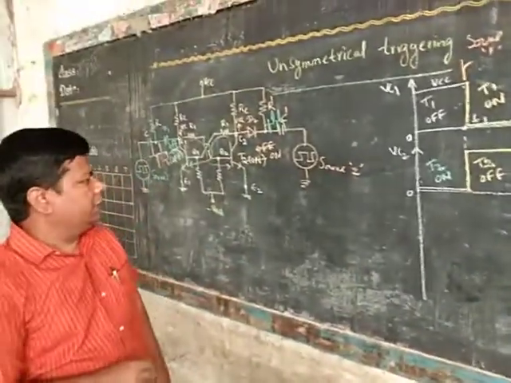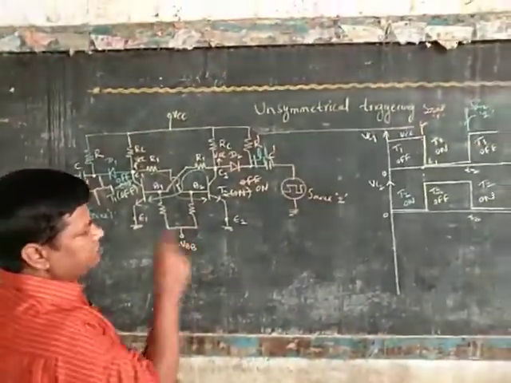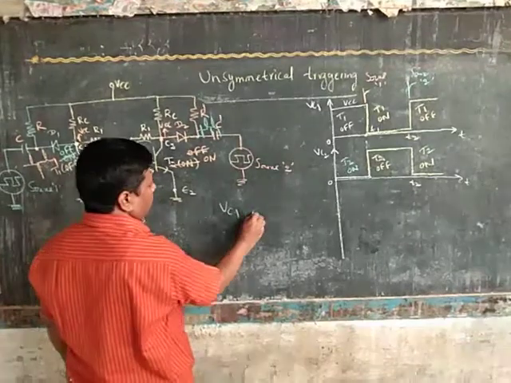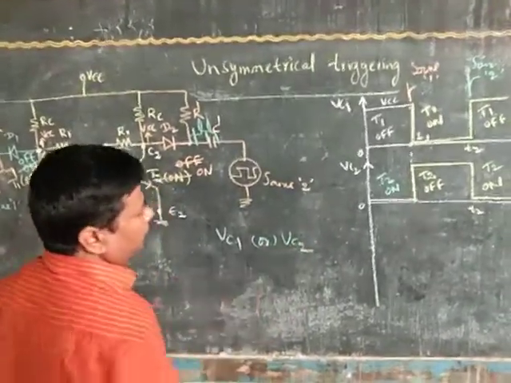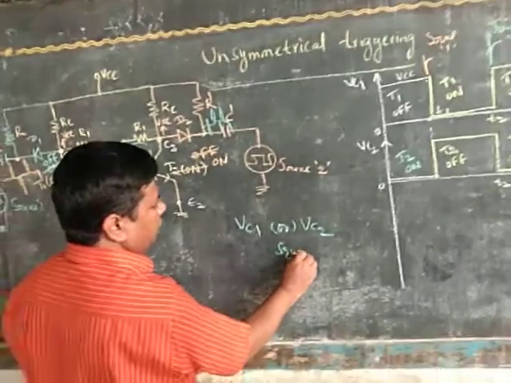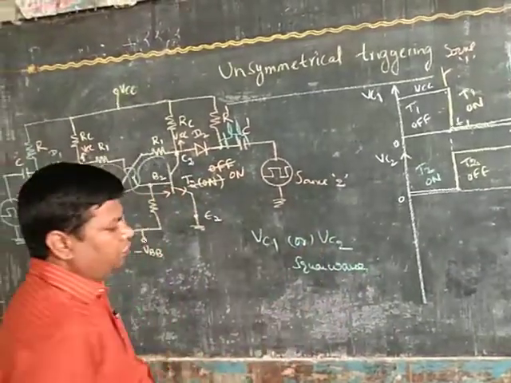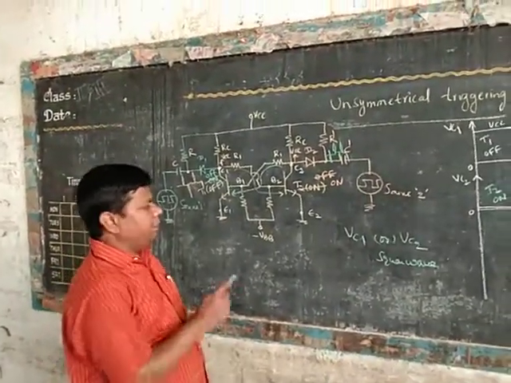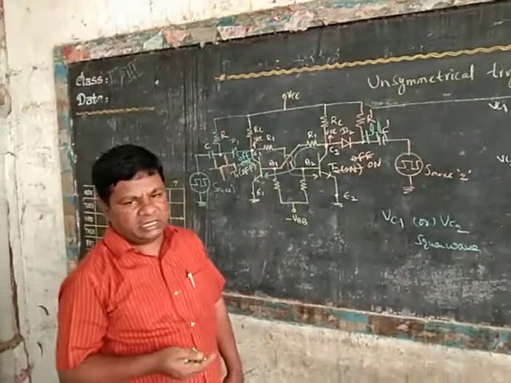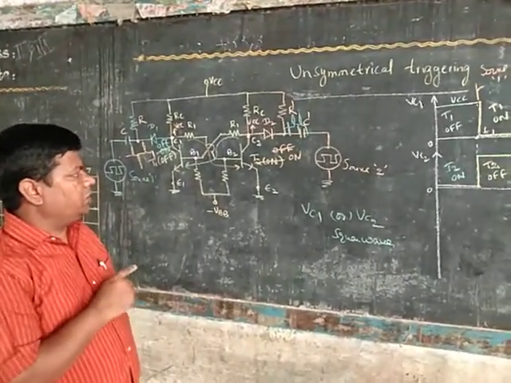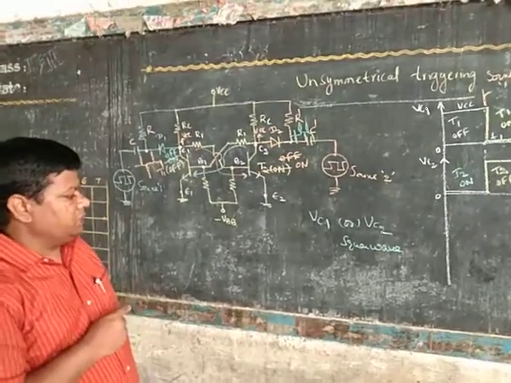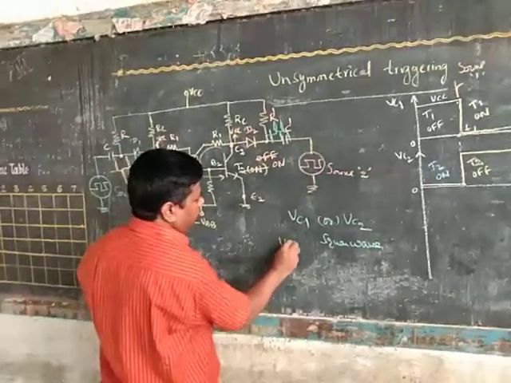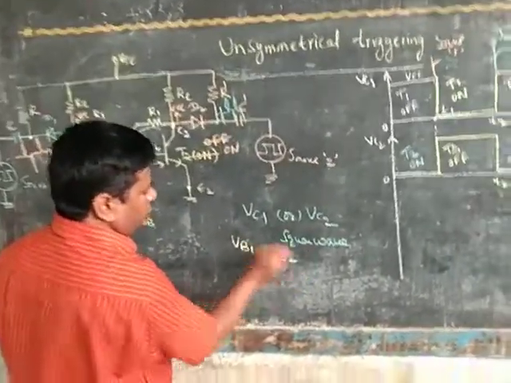Like that, the bistable multivibrator generates square waves at the collectors. Observe the collector waveform VC1 or VC2. The shape of the waveform is a square wave. If you want to use the bistable multivibrator as a square wave generator, then apply a triggering signal, either symmetrical triggering or unsymmetrical triggering. Then the outputs at the collectors are square waves. It acts like a square wave generator.